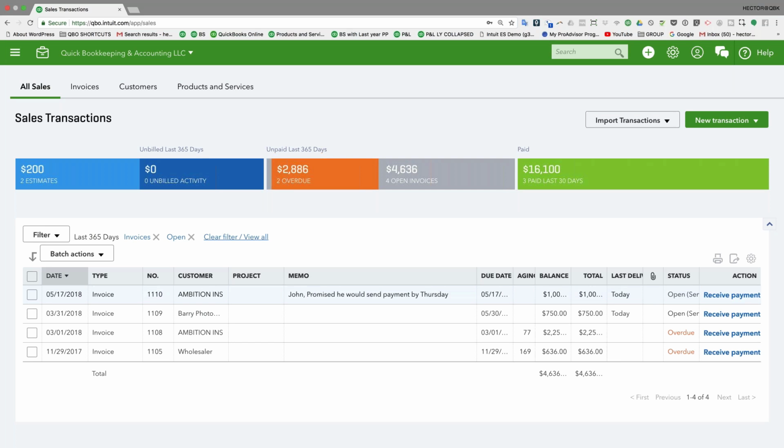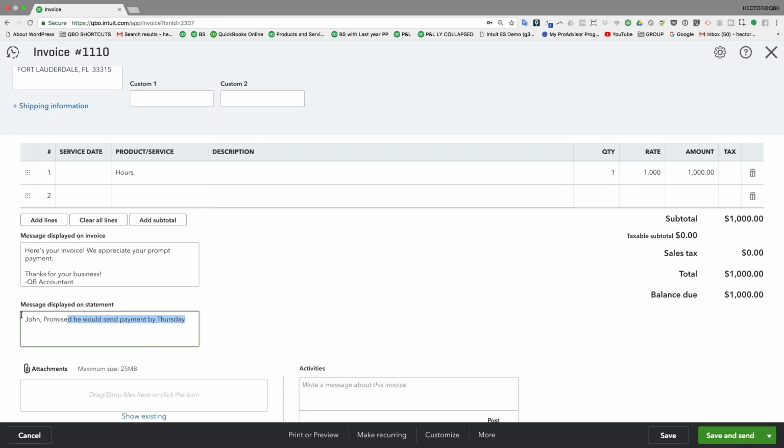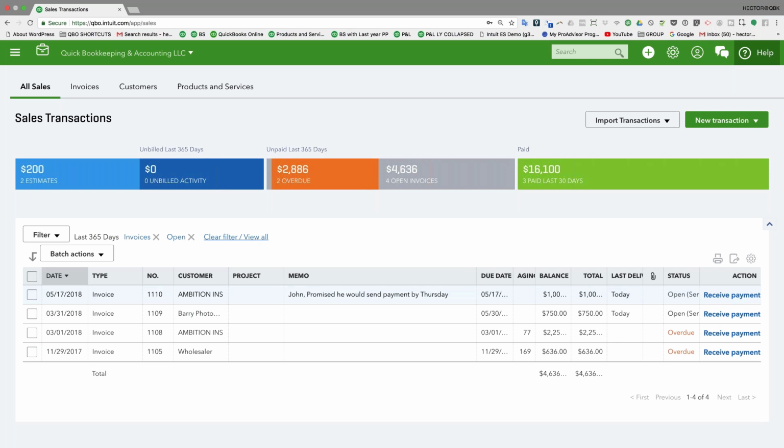Now, if I were to resend this invoice to the customer, they are not going to see this note. They're going to see only that note. They don't see that note. They only see that on the statement itself. So in some cases, if the notes contain something that you don't want the customer to see, you have to delete that before they see it on the statement. Although I'm just very careful and make sure I don't write anything that I don't care about the customer seeing there. So that's why I particularly like to have it in the memo section,